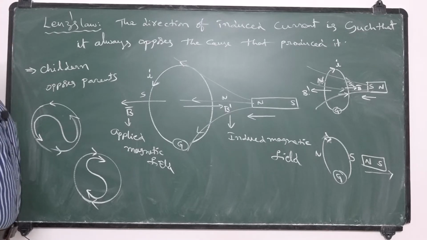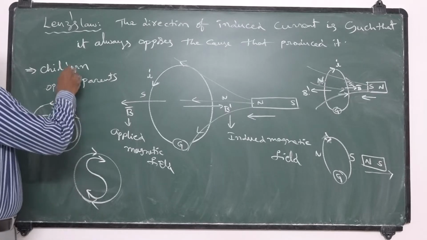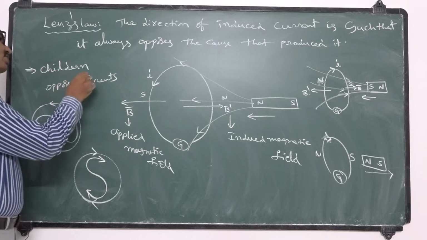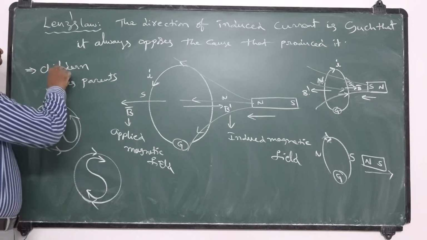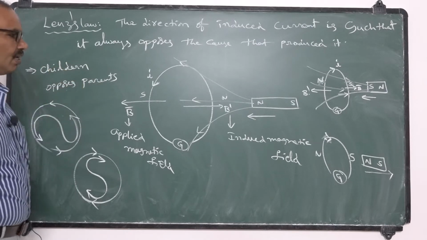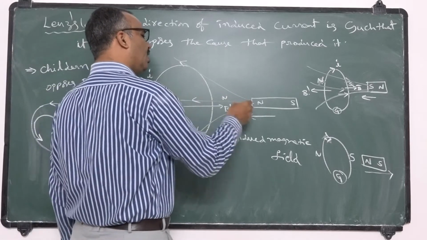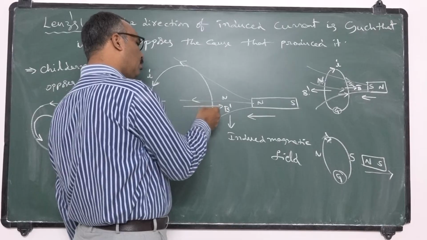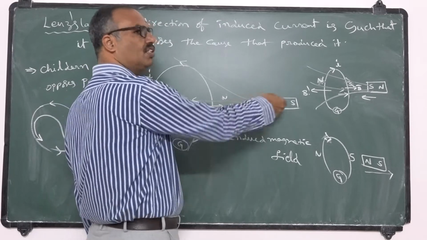You should follow clearly. Once you read the statement, always children oppose the ideas given by the parents. They learnt all the ideas from the parents only. Again with their ideas they are opposing the parents. Similarly, here this induced current is developed because of the motion of this magnet, and this current is developing another magnetic field which is opposing the original magnetic field.